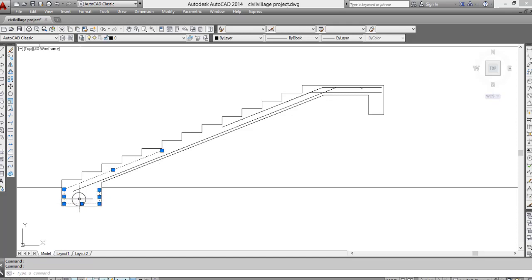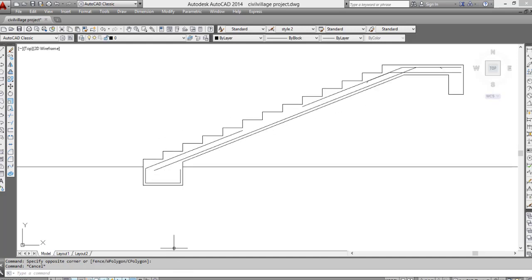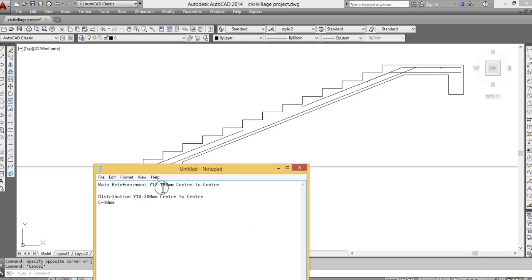The reason why I'm joining them, if you don't join them, it depends on you. Just draw it and get it right. So we are done with the main reinforcement. These are the main reinforcements anyway, and the main reinforcement we have said to be Y12 at 150. We are going to do the annotation, but before then, let's